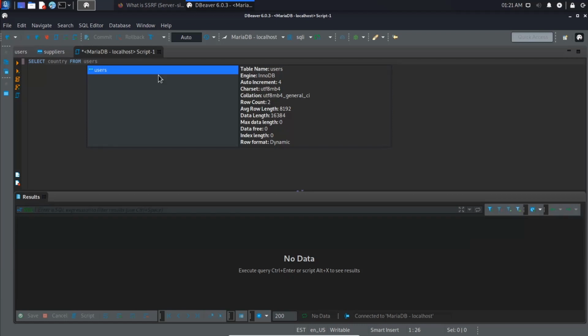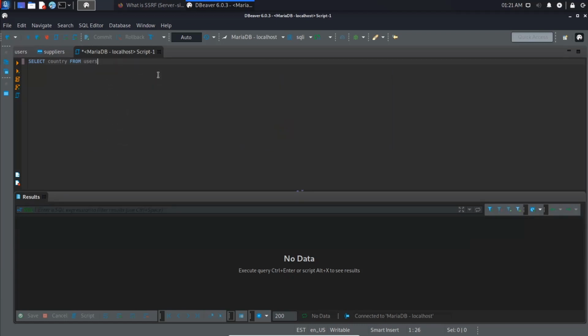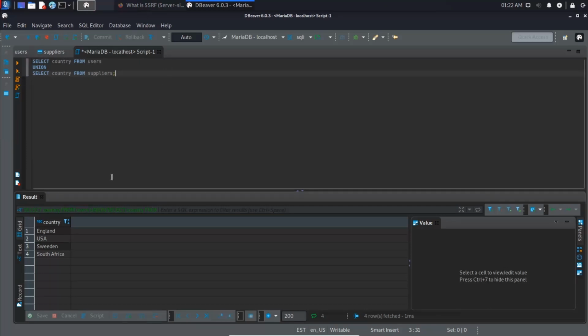We're going to then put in the word union. Actually, we'll make it on another line to make it a bit clearer. So union, and then select country from suppliers. I'm going to end that with a semicolon. So there's our 2 queries. So remembering that a union query collates information from 2 tables into 1 result set, if I run the query, I'm going to just press Control Enter for this client. We can see we get the list